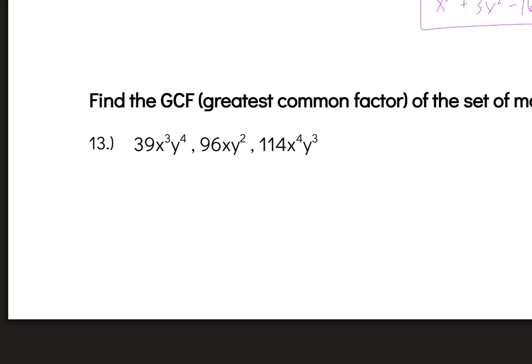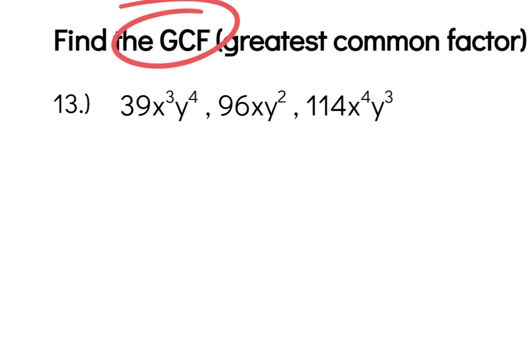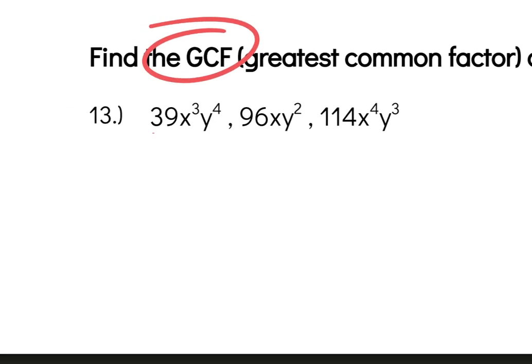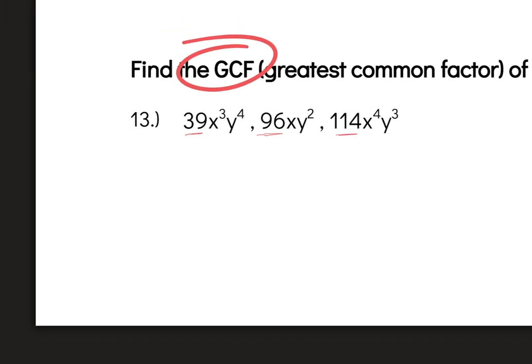Find the greatest common factor of these monomials. So let's see. First, I'm going to focus on the coefficients. And I notice that they're all divisible by 3. So I think that's the go here. So 3 into 39, that's 13. And 3 into 96, let's see, that's 32. And 3 into 114, that is